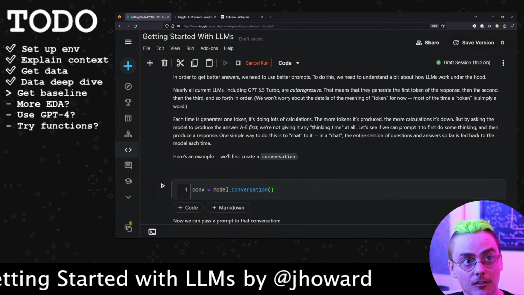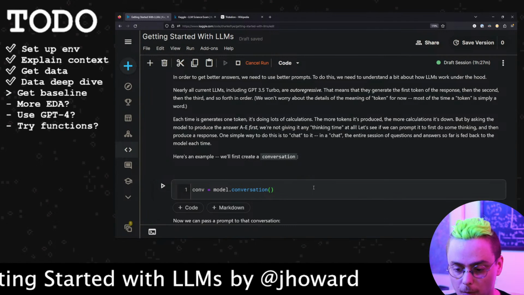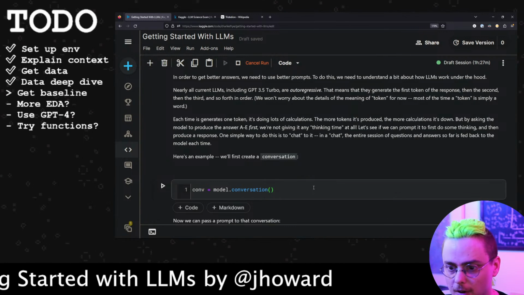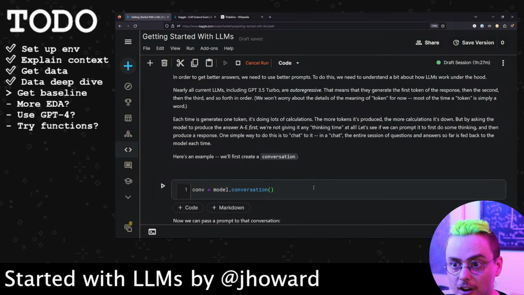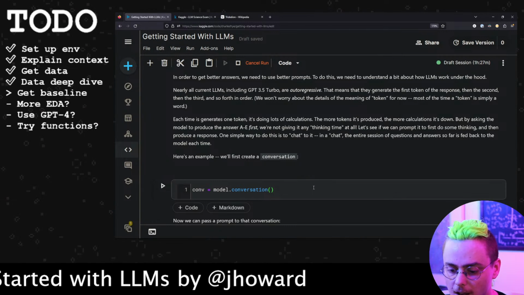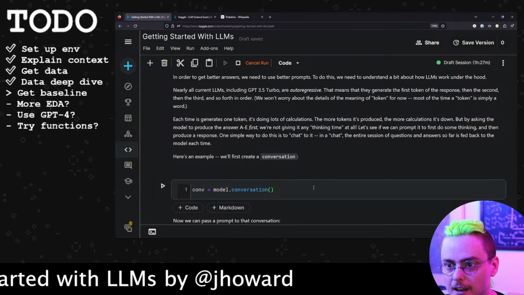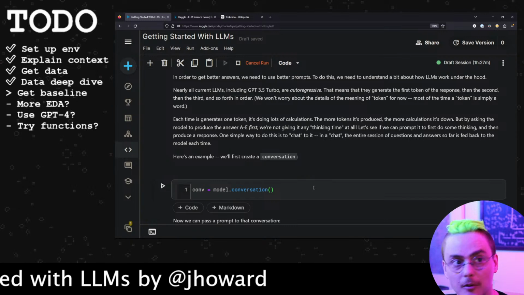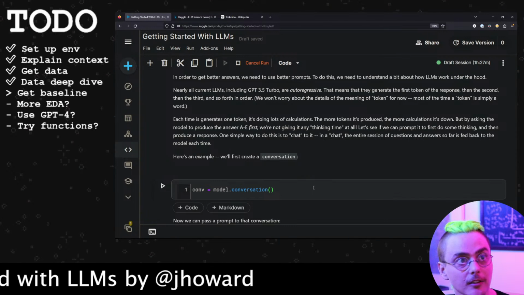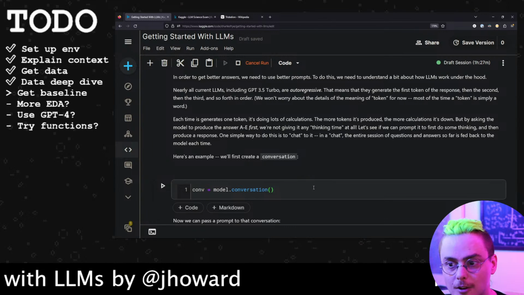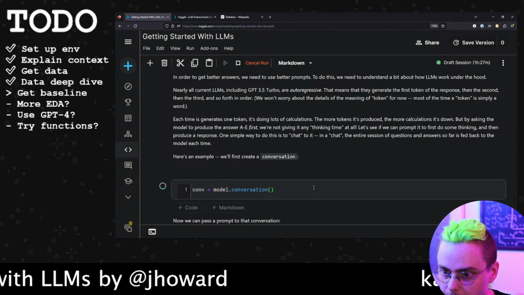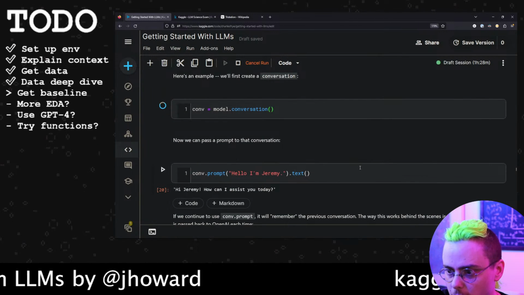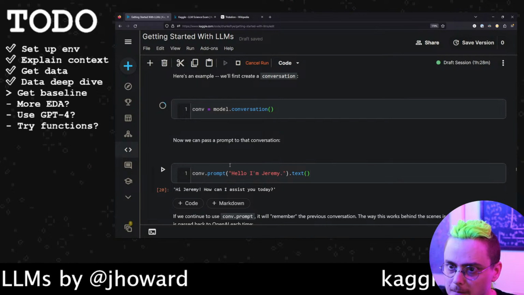For different applications, you might need really low latency because you're in somebody's developer environment, or you're in a chat situation where people want a response immediately. Others, you might be able to tolerate a really high latency. For example, if you're doing PRs to their GitHub repos, it's okay for that to take a couple of hours, so you can really take the time to make sure the model's right. Since we're just establishing a baseline and we aren't worried too much about latency right now, that's not super relevant.